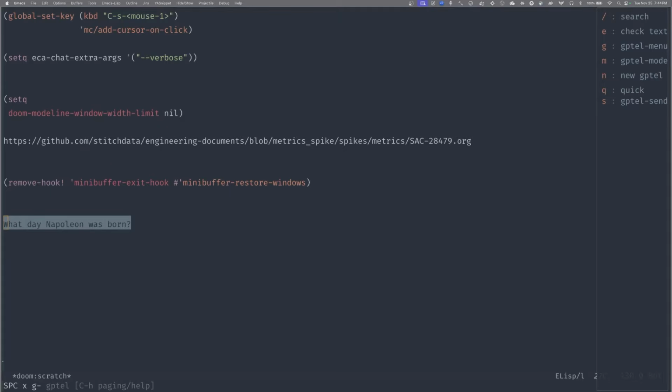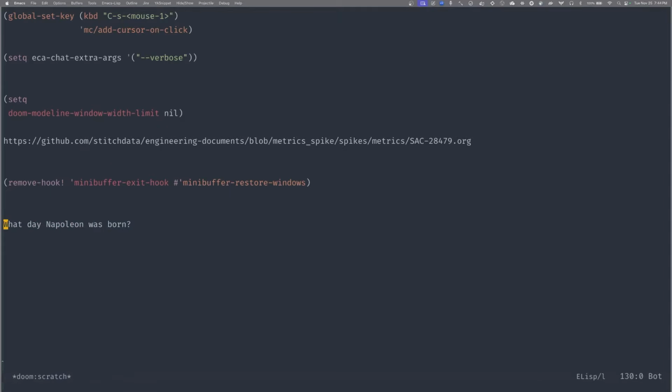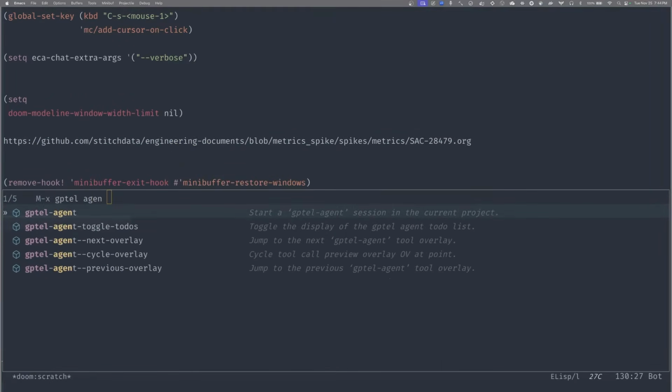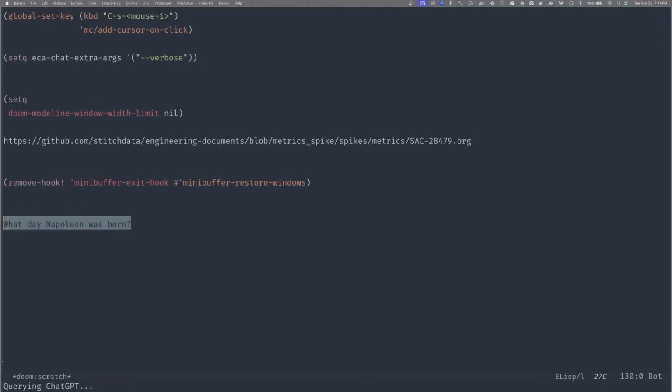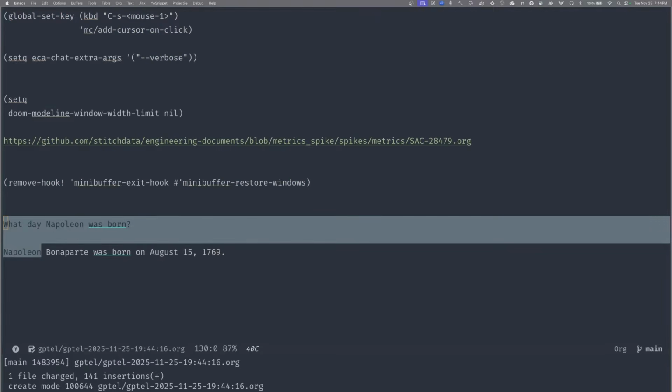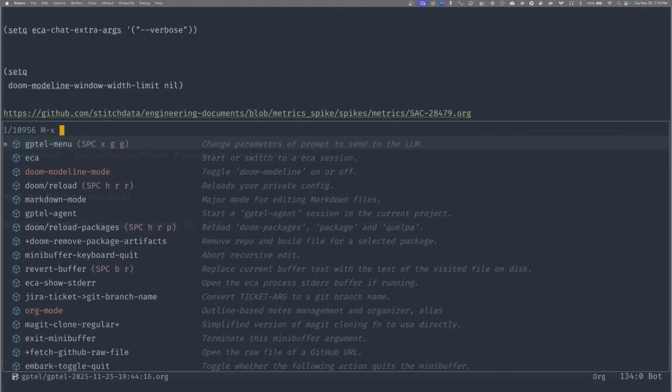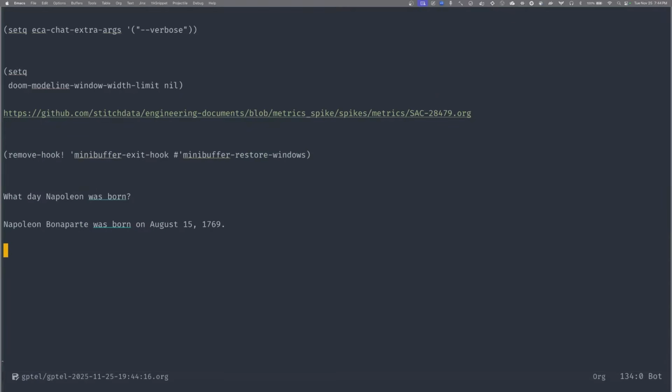Is there a separate gptel-agent send thing? No, there isn't. Okay, so it is still there. The thing that I still love from gptel is that I can use it anywhere, even in the minibuffer, to do things. That is just one of the greatest features of gptel.